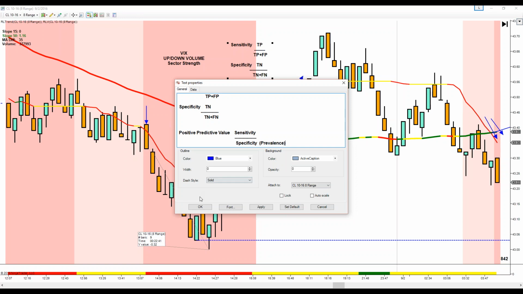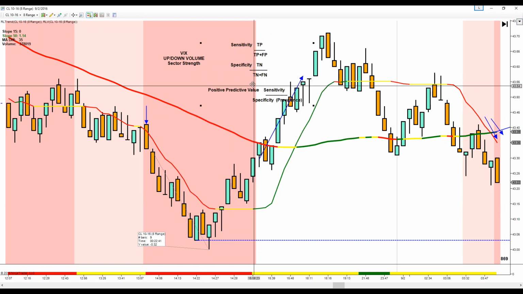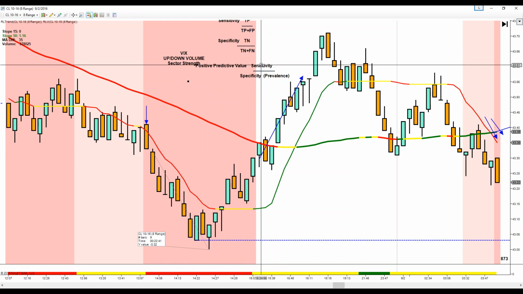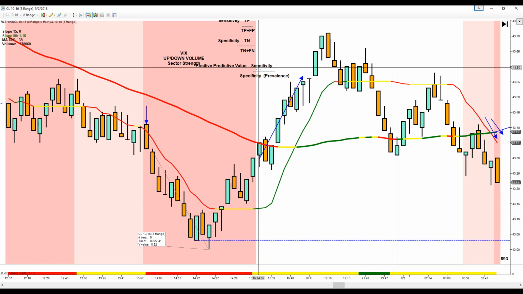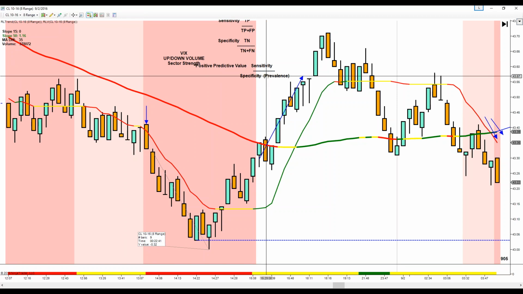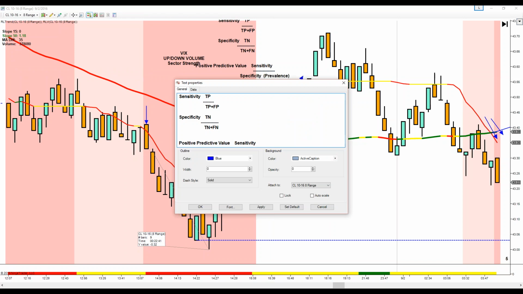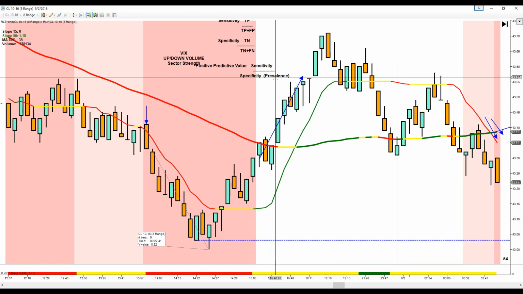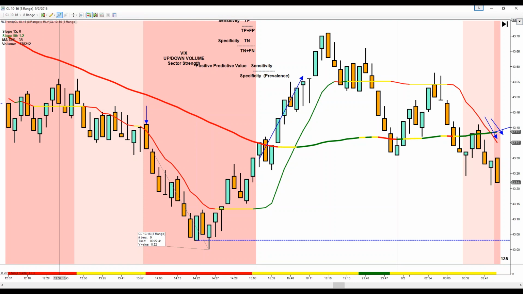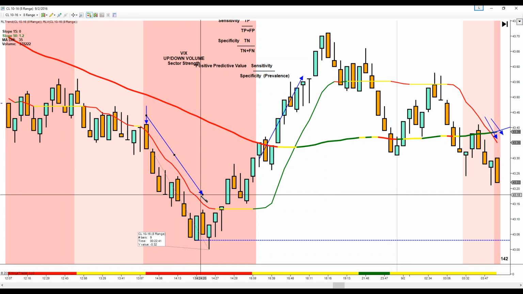Now, this is why I want you to understand these numbers. Sensitivity and specificity are fixed variables depending on your trading parameters. Here's an independent variable that varies. Prevalence, what is the likelihood of getting a winning trade? When does the market move or follow through? The prevalence of a winning trade occurs when there is a defined trend. That's where the prevalence is high.